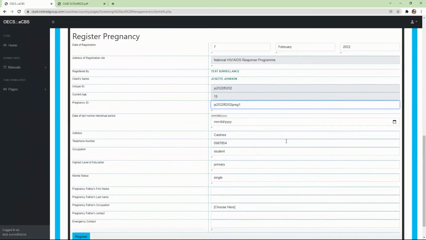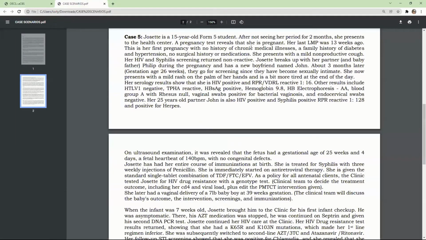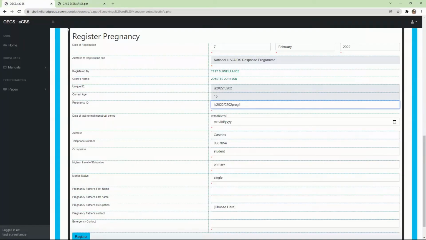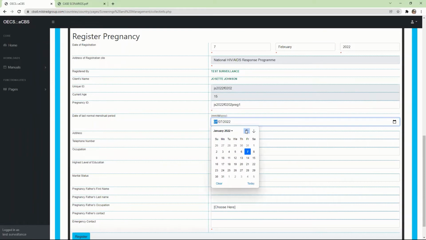The date of last normal menstrual period. The scenario said that our last menstrual period was 13 weeks ago. So if we calculate 13 weeks back from today, it should fall somewhere around the first week in November. Yes. So let's put, I hope this is correct, 13 weeks ago, so let me put the 7th of November. And